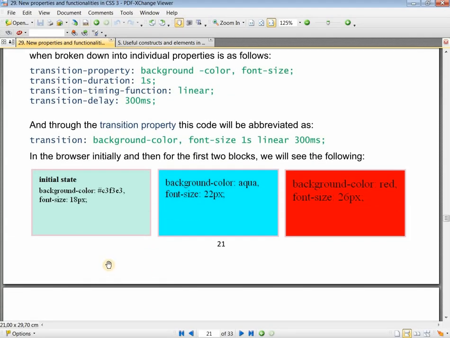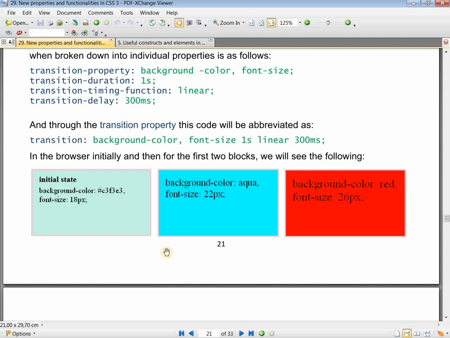And using the transition property, this code will be written like this. Both in the browser initially, and after that we will see the following, and here let's show it, of course,